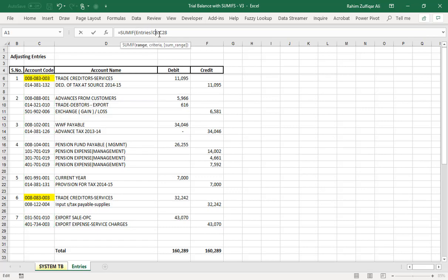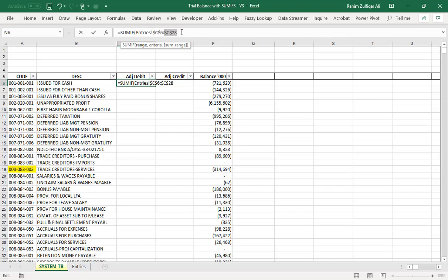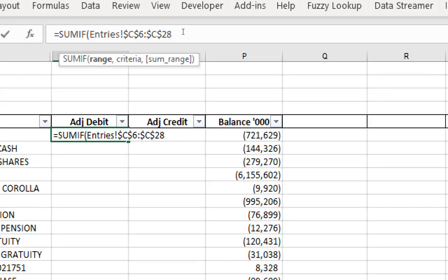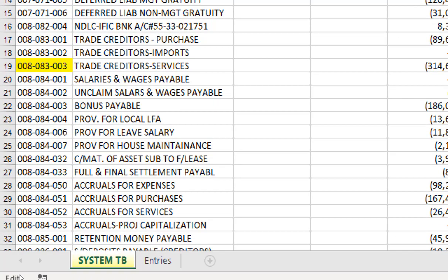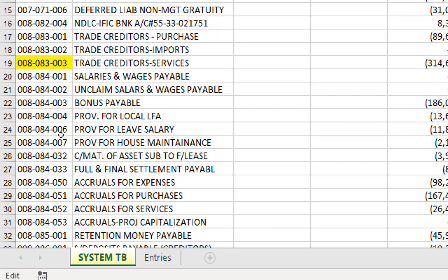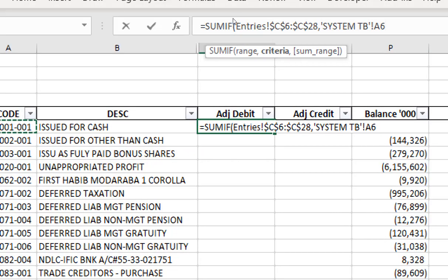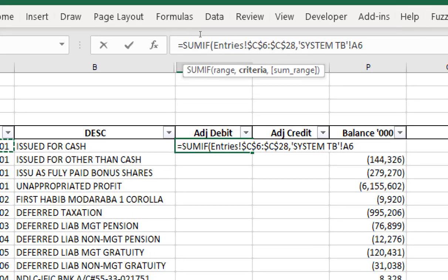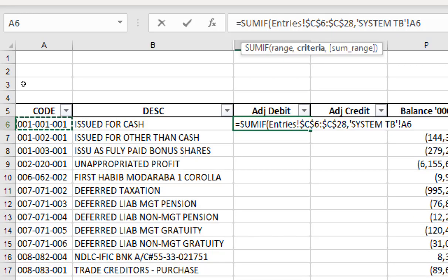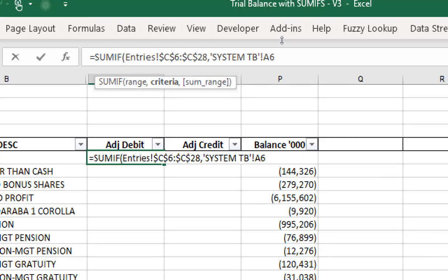We will make these relative references absolute, and then we need to define the criteria, which is the second function argument. For the criteria we need to check all the GL codes which are in the system TB. So now we are in the system TB sheet, and here we select A6 because our first GL code is in A6, comma.